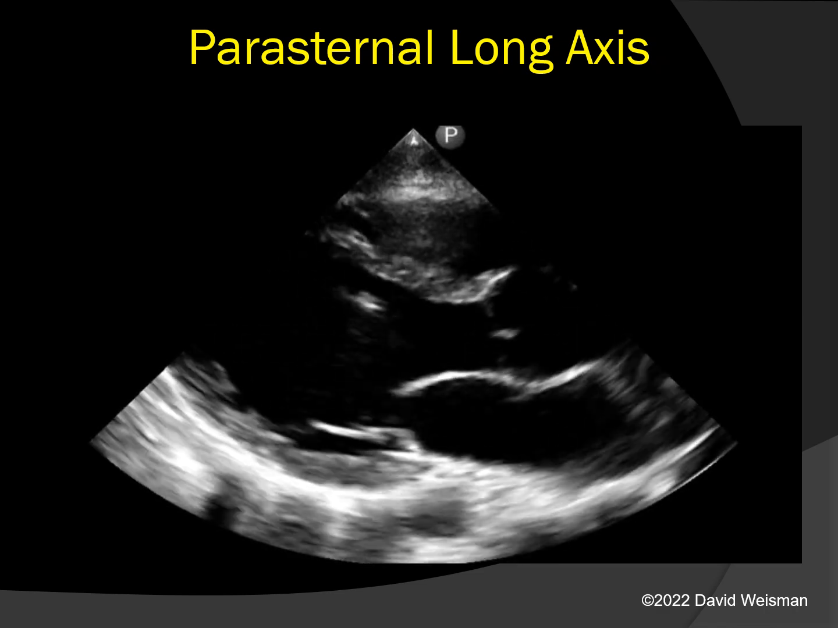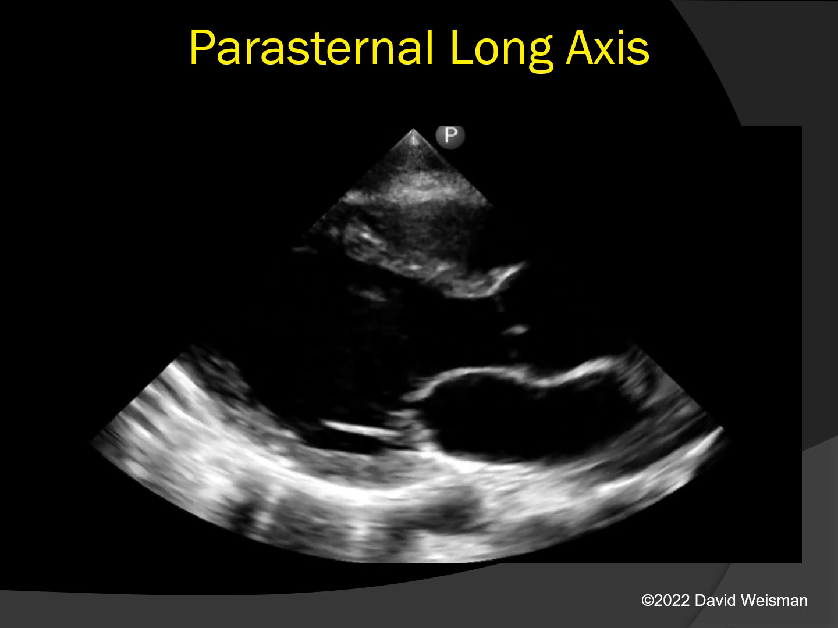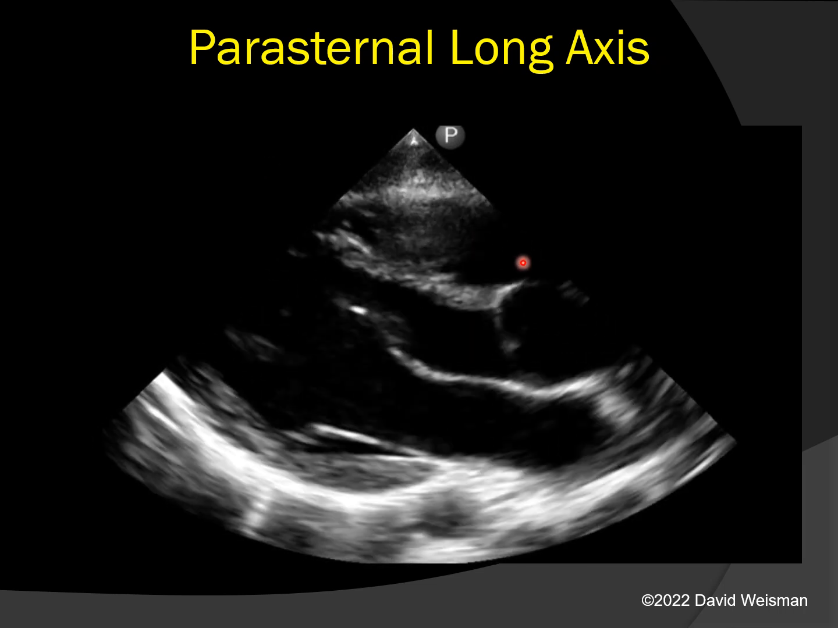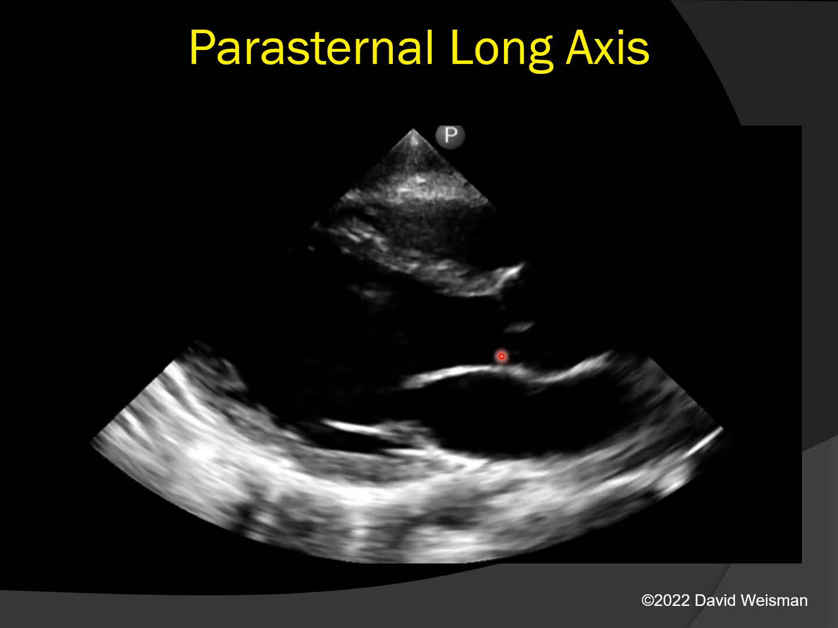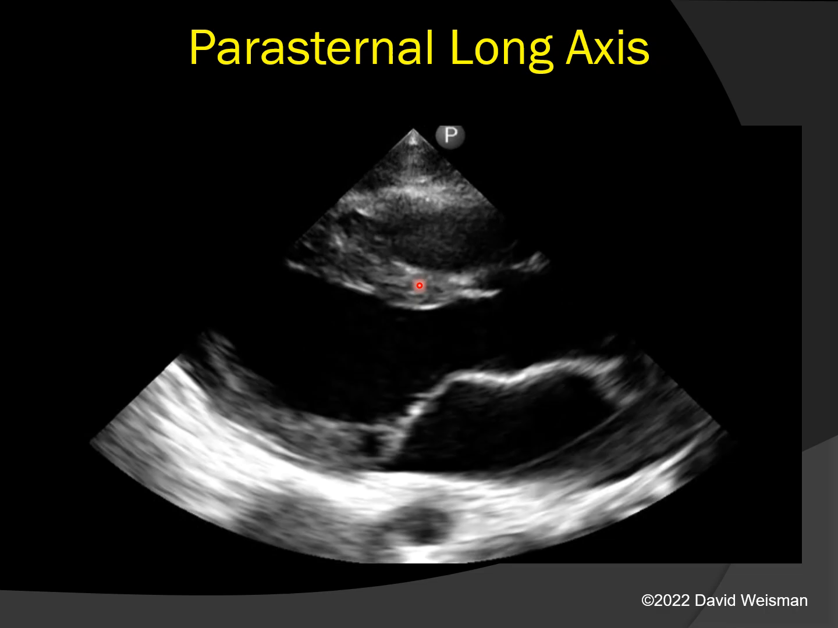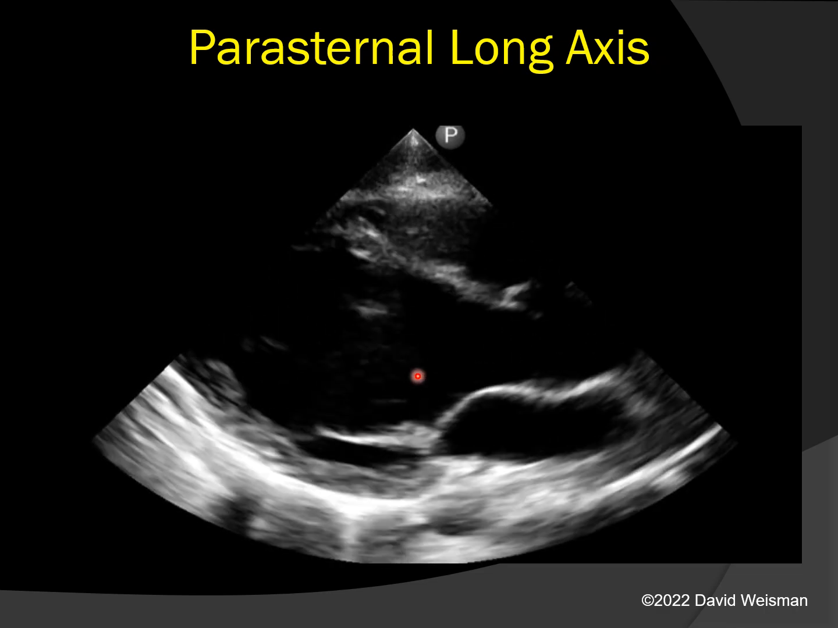Here we see the parasternal long axis in real-time motion. Once again, we will visualize structures. Here is the right ventricular outflow. This is the aorta, the aortic valve opening here, the septum of the heart, the mitral valve pictured here, the